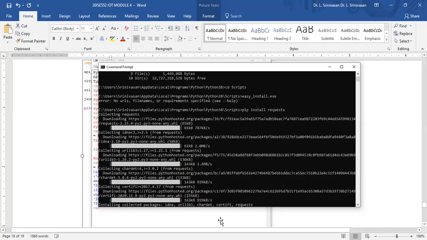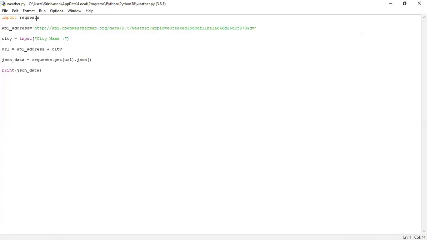Now go back here. What is the purpose of this requests library? It sends a request from the Raspberry Pi device or your Python program to gather the information from that particular API. Okay, that is the work of this requests library. So this is the address. What is the API address from which we are going to fetch the weather information? You just copy that API as it is from there, and ampersand q is equal to, don't specify any city here. Okay, let us get the input from the user.